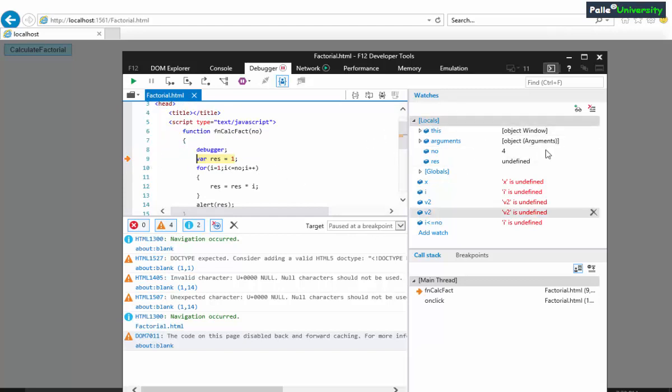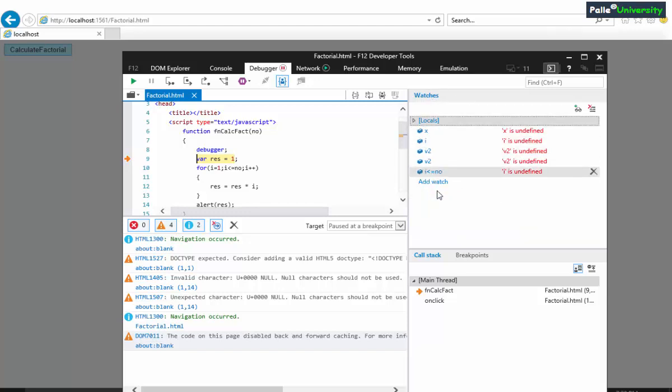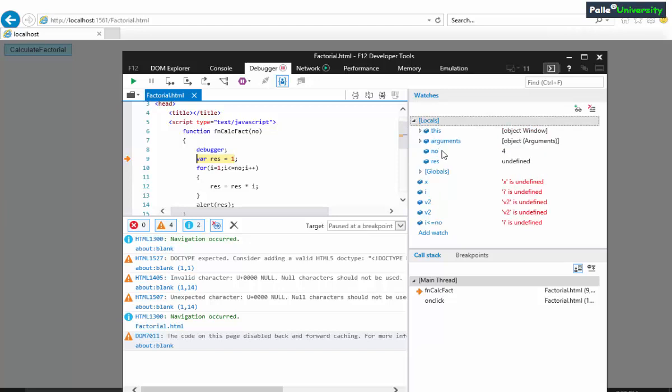And you observe here, you can see a special window attached to the right hand side. That is the watches window. In this watches window, you can see local variables data, and in case any global variables are there, that global variables data also you can see here. Currently the res value is undefined because this code is not yet executed.